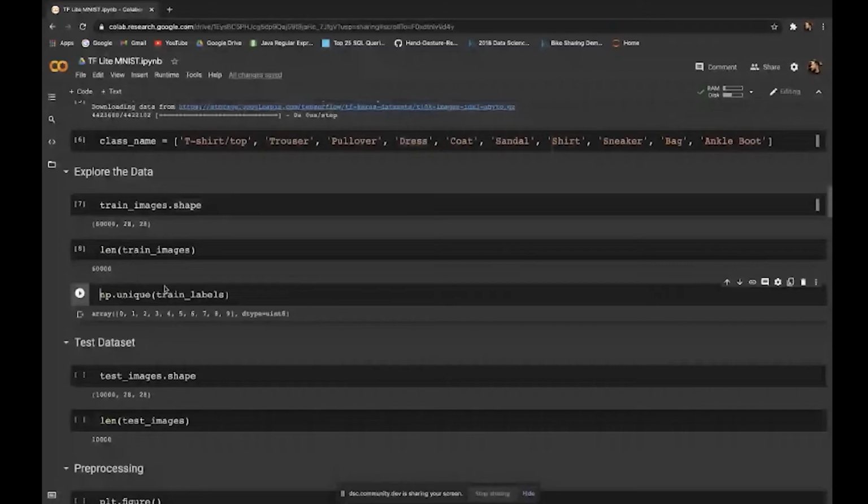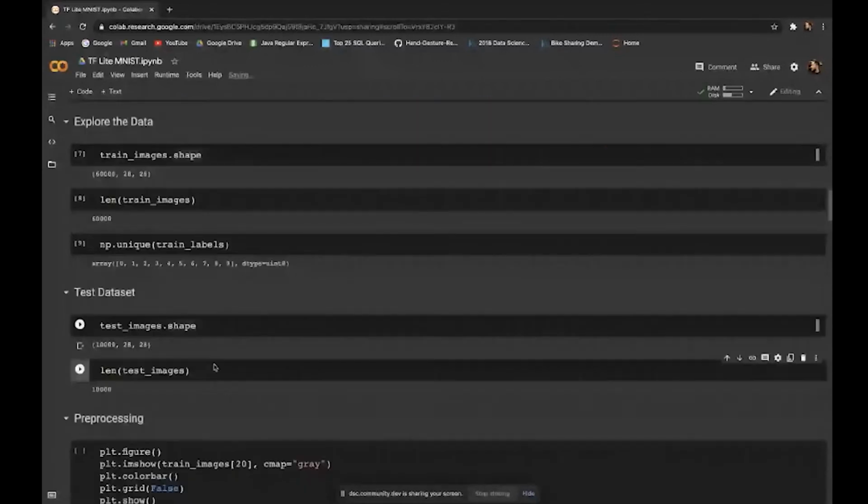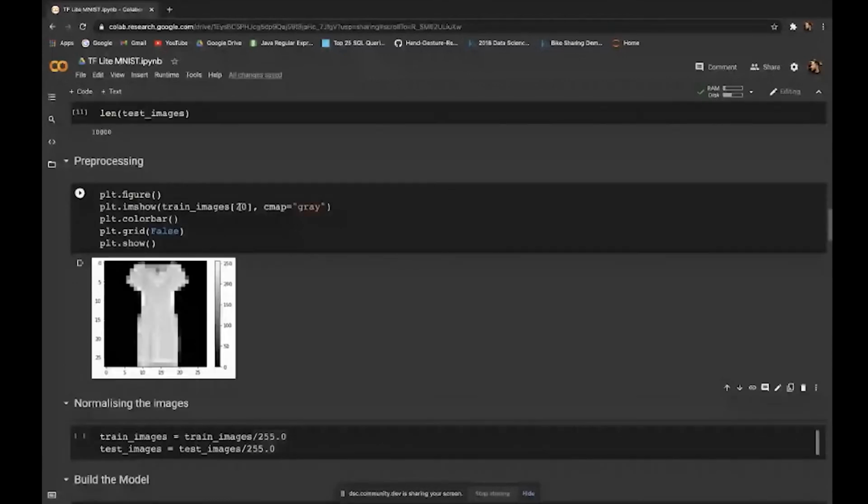Let's do the same for the test dataset. The test dataset is 28 by 28, and there are 10,000 images. Now it's time to take a random image and plot it. The 20th image is this one, and if I take the 19th, it's a jacket or a pullover, you can see.